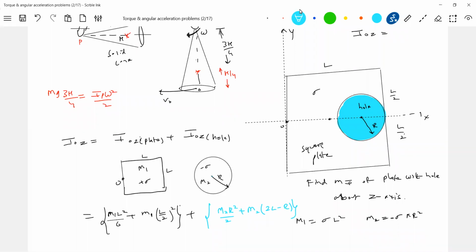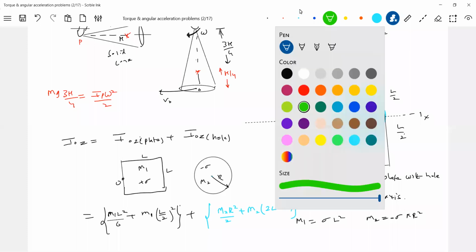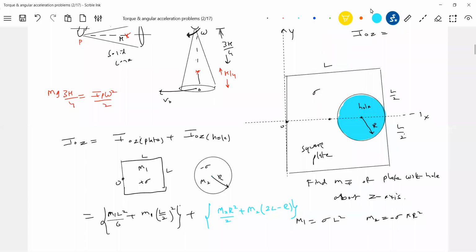But what you have to do is substitute m2 with a negative sign. That you should not forget here, otherwise you'll go wrong. So m2 should be substituted with a negative sign. This is something very important. So for your convenience, I'll write plus, and that will be a negative sign. Please do notice the signs.